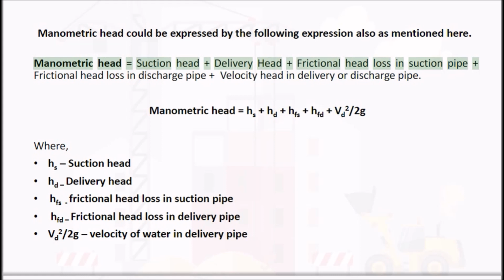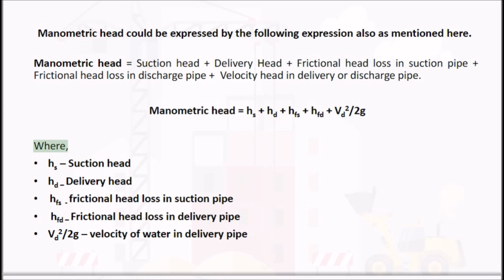Manometric head equals suction head plus delivery head plus frictional head loss in suction pipe plus frictional head loss in discharge pipe and velocity head in delivery or discharge pipe. Manometric head equals HS plus HD plus Hfs plus Hfd plus Vd squared/2g,